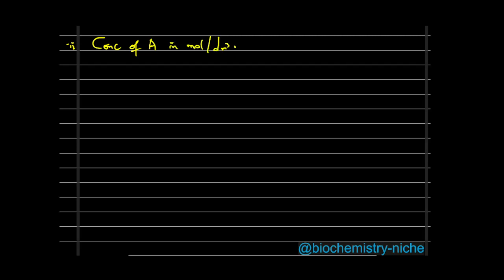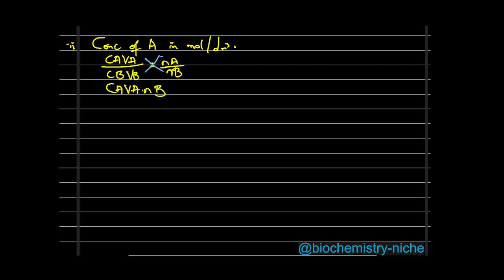So this is how we're going to do that. The formula we'll be using is CAVA over CBVB equals NA over NB. That is the formula we will be using. So we have that. Let's quickly cross multiply. When we cross multiply, we'll be having it to look like this: